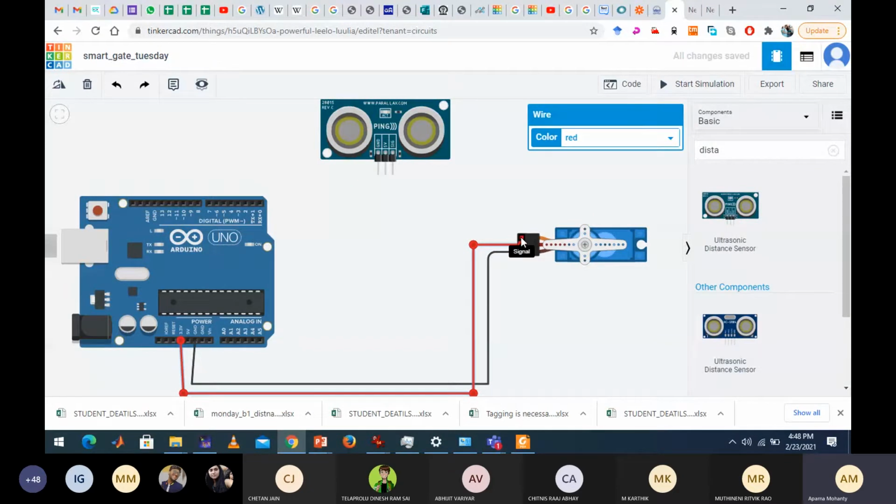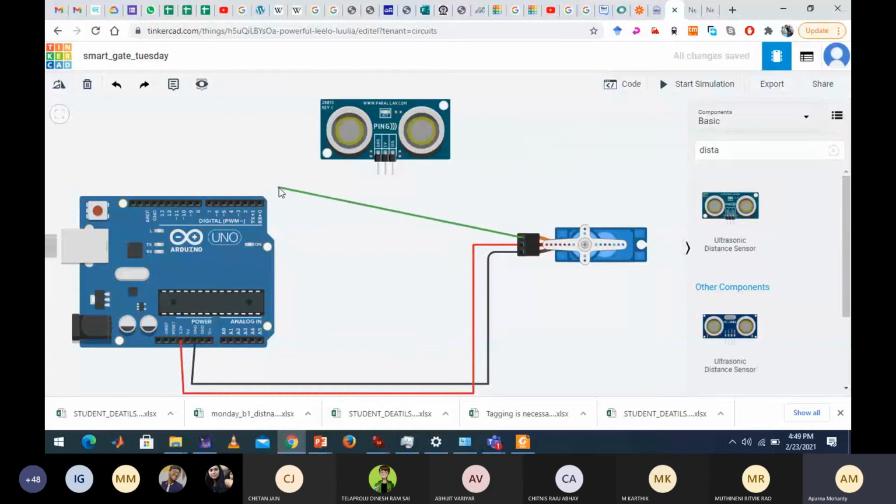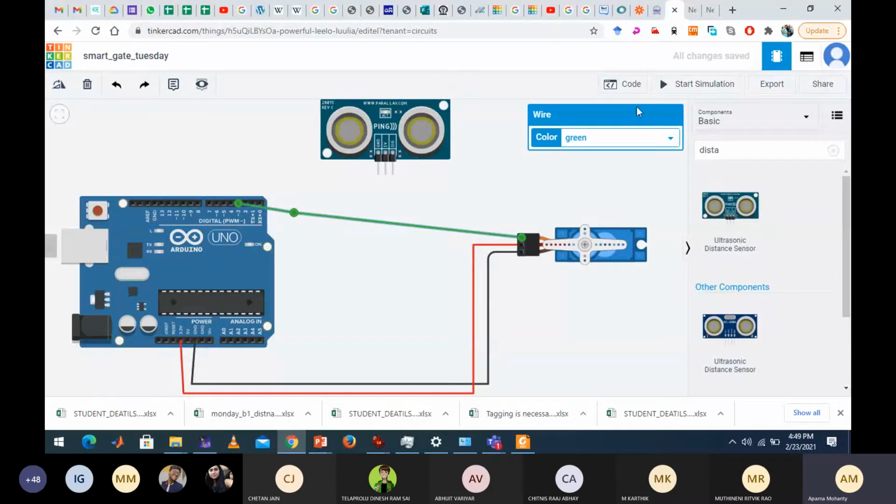Next, this is your signal terminal of the servo. Signal means the signal has to be connected to the Arduino. So how do I connect? I'll make the connection here to the Arduino, to suppose the third pin. Make it some different color, not red or black, any other color.